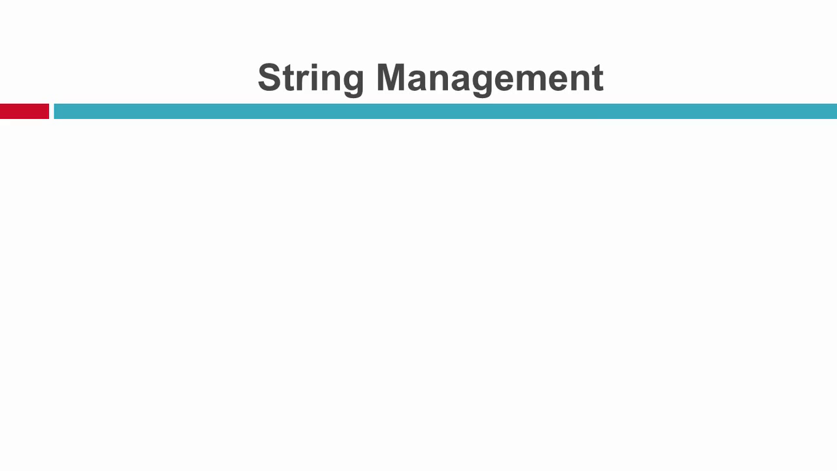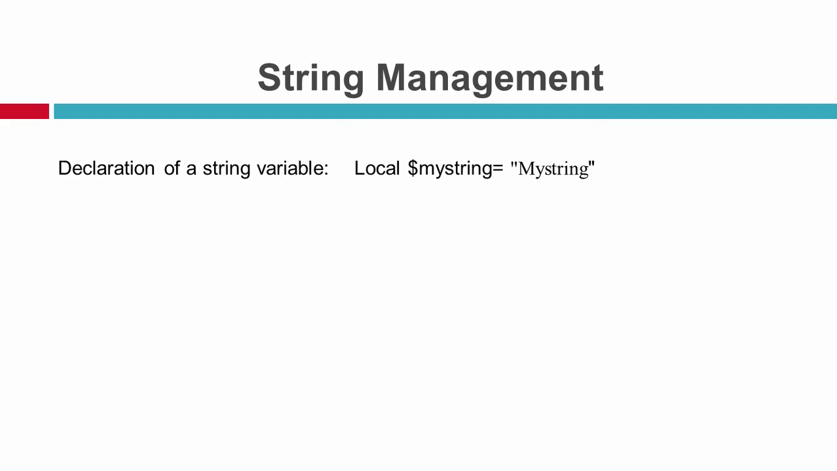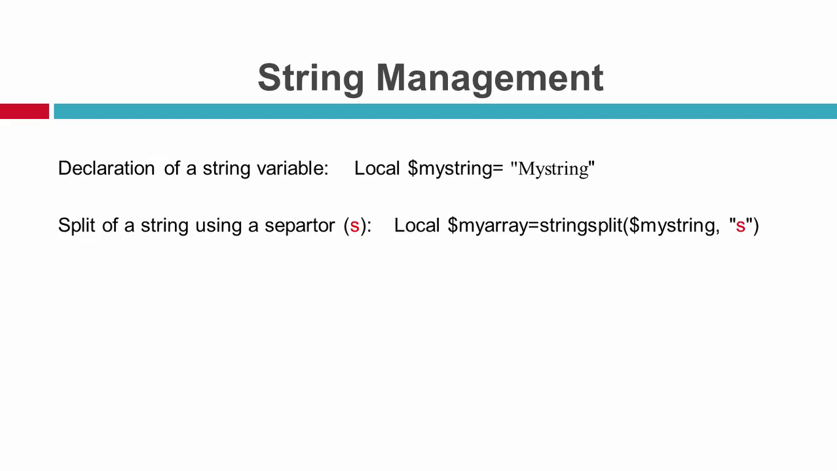So now let's see the string management. To declare a string, we just declare a variable and assign a string value with the double quote. And to split a string using a separator, here for example s, we use the function StringSplit, and we put the string, then the separator, here in the example s. The myArray variable will contain an array